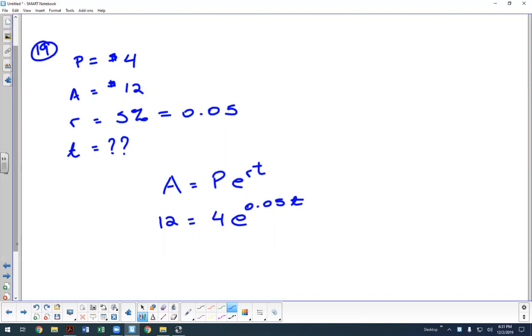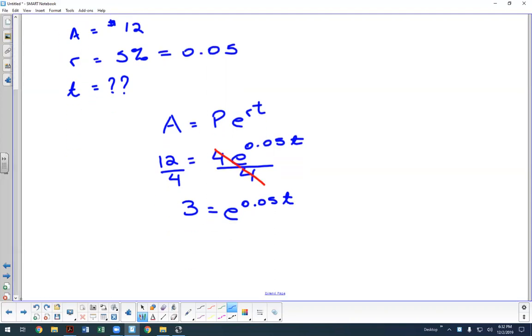So the first thing I want to do is isolate that whole exponential part, E raised to the power of 0.05t. So I need to get rid of the 4 since it's 4 times E. Divide both sides of your equation by 4. What is 12 divided by 4? 3. Alrighty. Now that I have that whole E raised to the power of 0.05t on one side and 3 on the other,